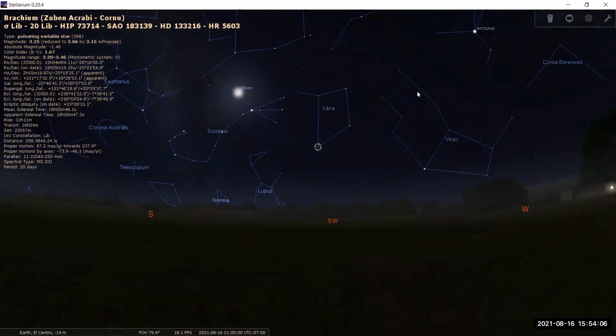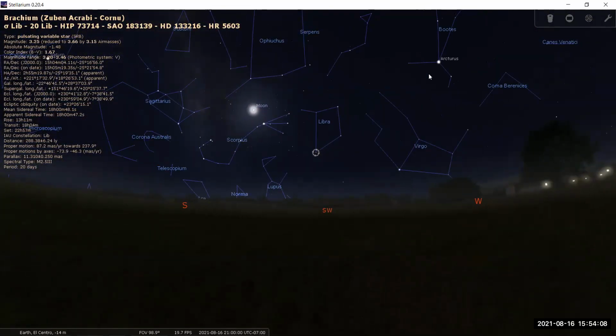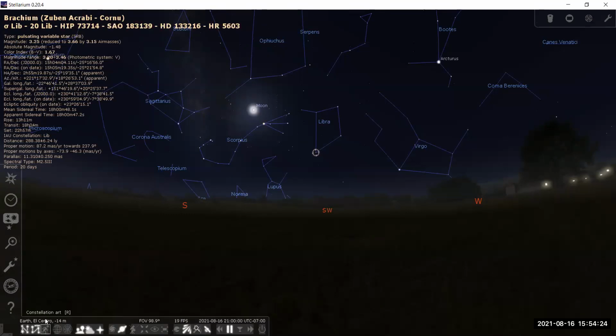All of this is what you can do with this one that you can actually do on the planetarium. The advantage of this one is you can plan your trip. Let's say, for example, I'm coming to El Centro. Let's say we're going to the desert somewhere in here. Let's say I'm planning a field trip to Arizona, somewhere in the Grand Canyon. So I can change my location to Arizona in the Grand Canyon.